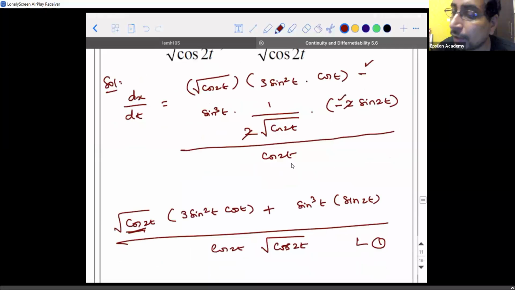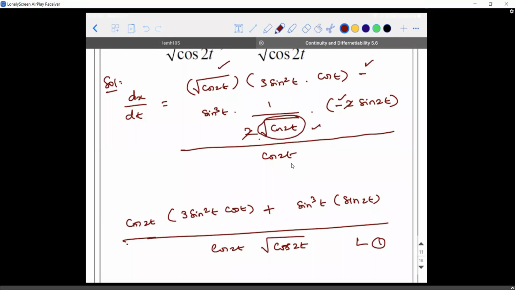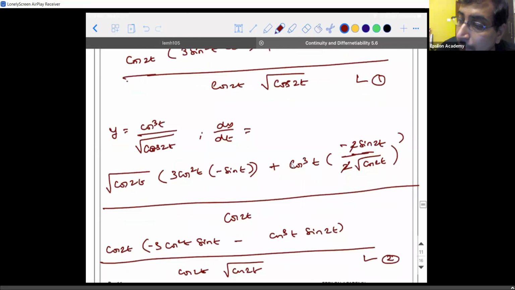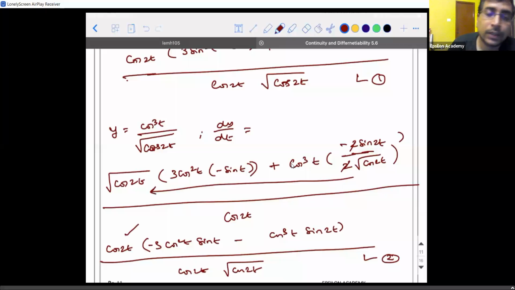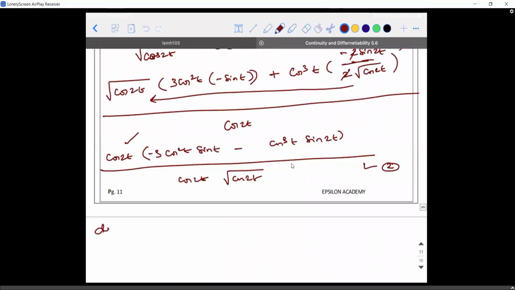See, thing is, this is there, no? This is the LCM, no? This root cos 2t and this root cos 2t will get multiplied. Now you got it? Yes, I understood now. Because if I take the LCM, these two will get multiplied. That is why I wrote cos 2t. Same logic there. Okay, sir, I understood. So, yeah, that's good.